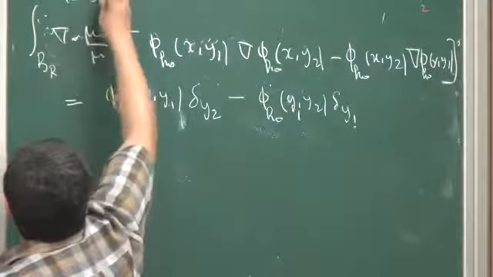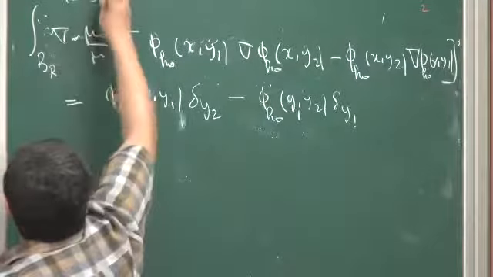So nu times mu 0 over mu; because R is larger than R0, it's 1. Nu times phi k0(x, y1) gradient phi k0(x, y2) minus phi k0(x, y2) gradient phi k0(x, y1). Right? This is equal to this quantity. Now here you notice that this is nu times gradient phi k0, the normal derivative of x. But you know what it is, approximately.